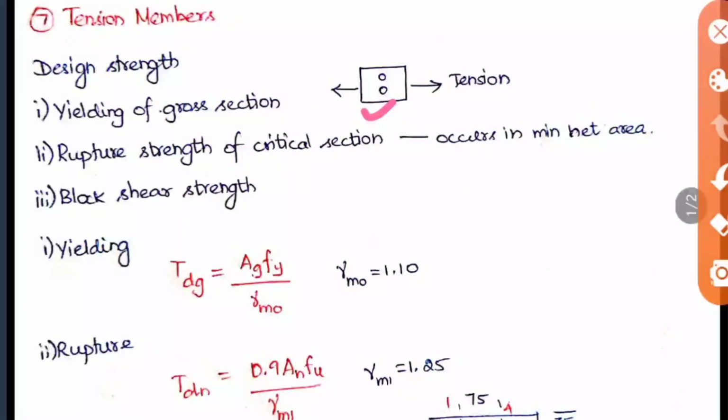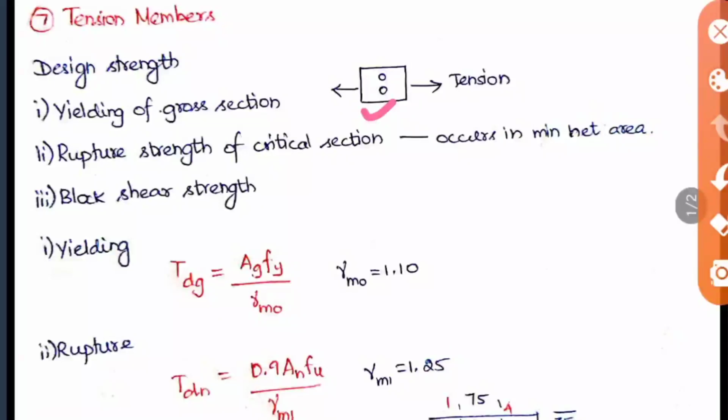So it is experiencing an axial force. When the axial force is applied along its longitudinal axis, the tension occurs. So this is the simple principle. The design strength of these tension members will be based on three categories. As we saw in the previous bolts and everything, you'll be calculating the yielding strength, shear strength,